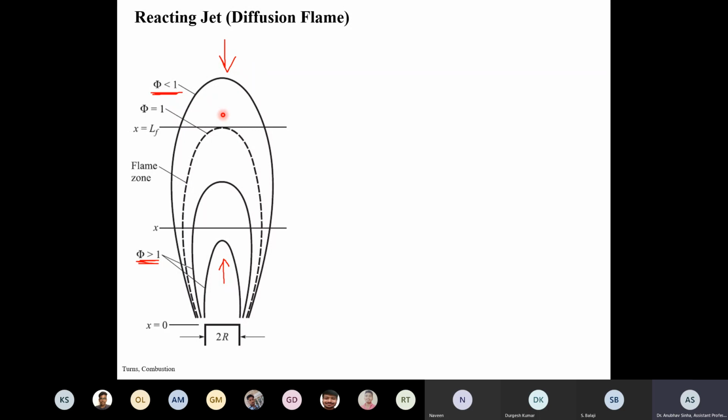Okay, so with this figure we are trying to understand how a flame will form. Here fuel, as you correctly say, will not go out. What I am showing is that if fuel goes out, this is how it will look. But we will not allow that. We'll burn it here, right? Just at the correct proportion.